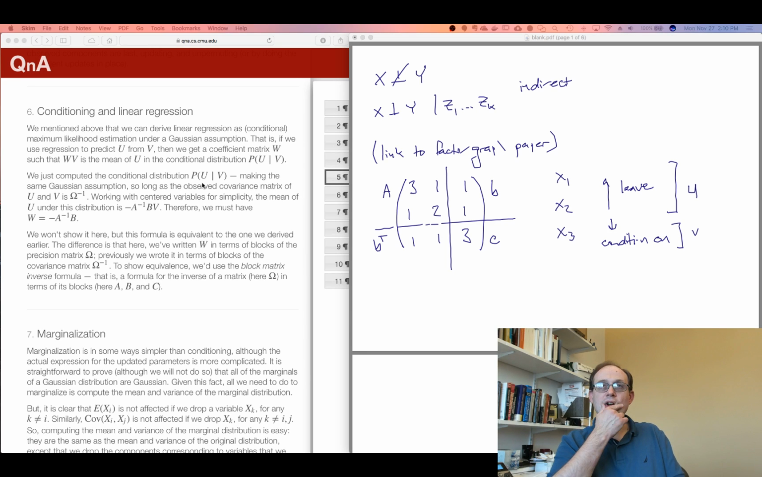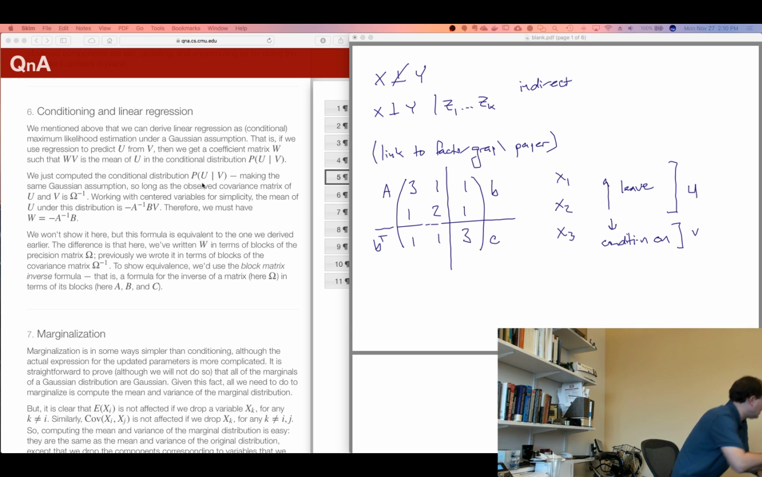So another useful way to interpret this Gaussian graphical model is using linear regression. It turns out, again, I'm not going to derive it, but it turns out that if you do linear regression,